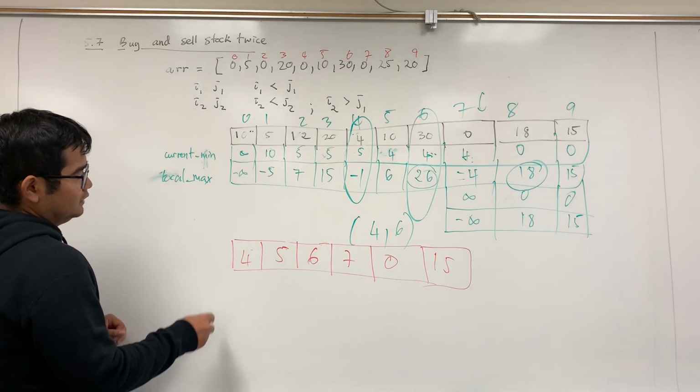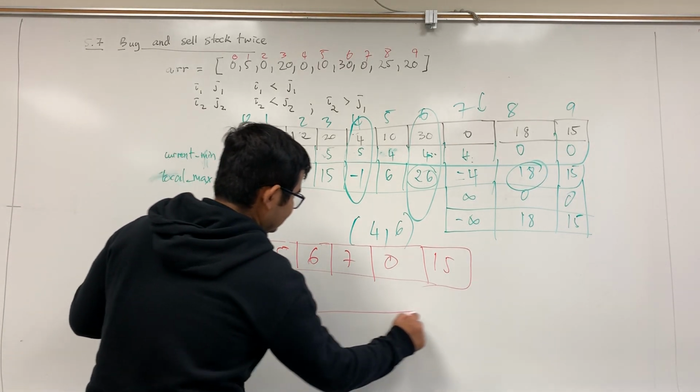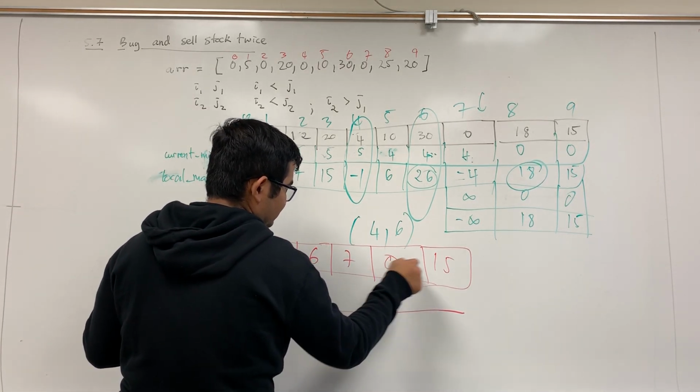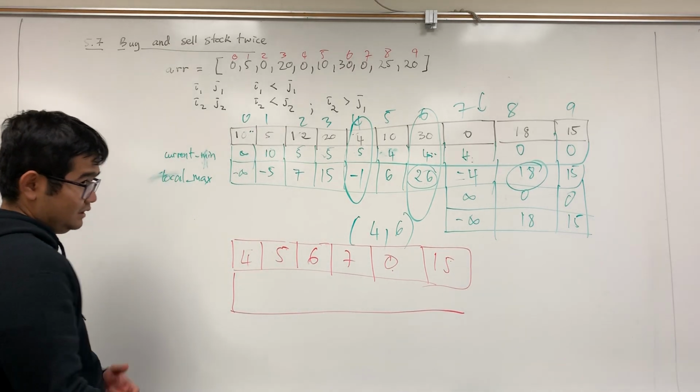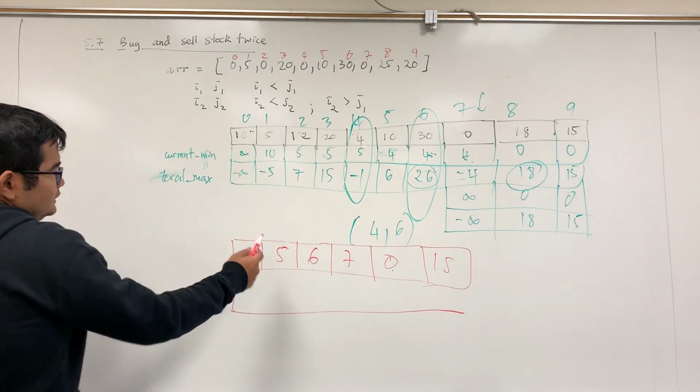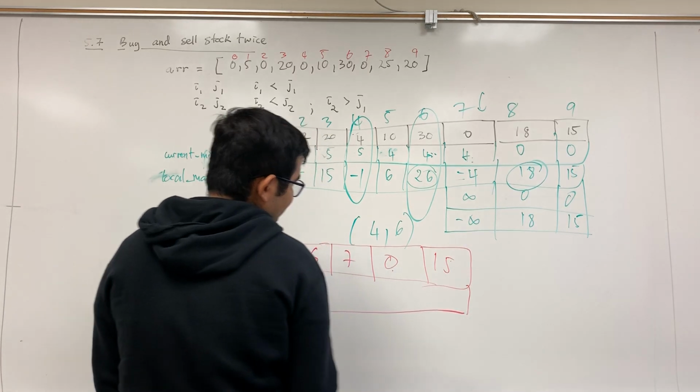In this case, our algorithm is saying that we should buy right here and sell right here. So we get 15 profit. However, if that's true,